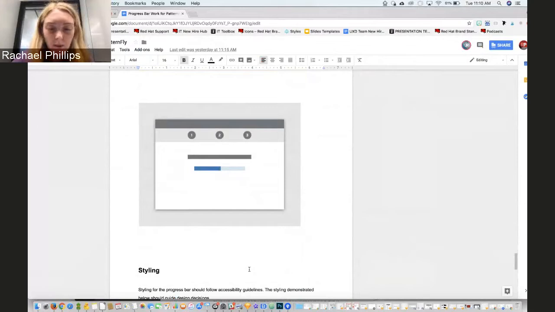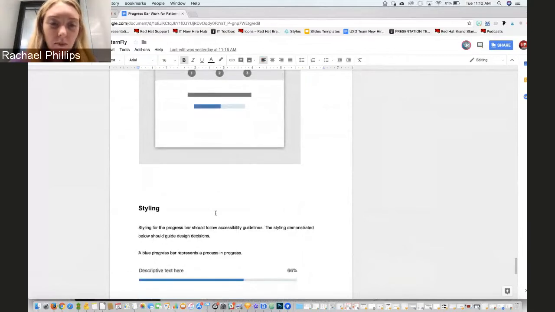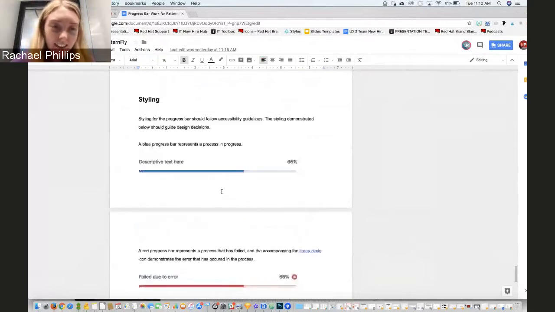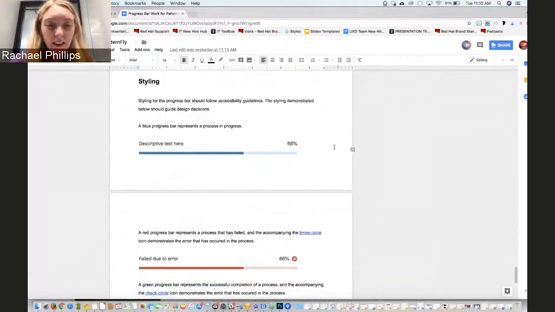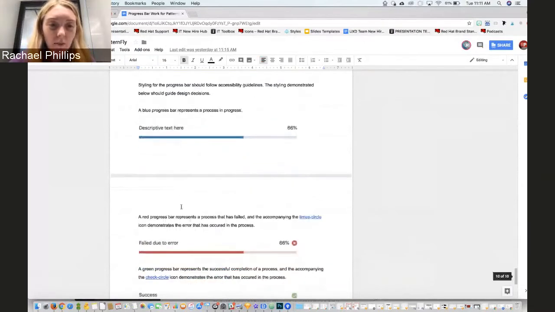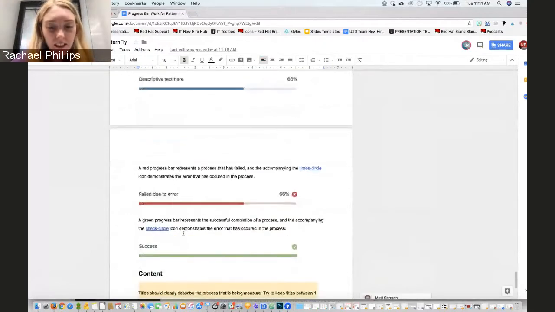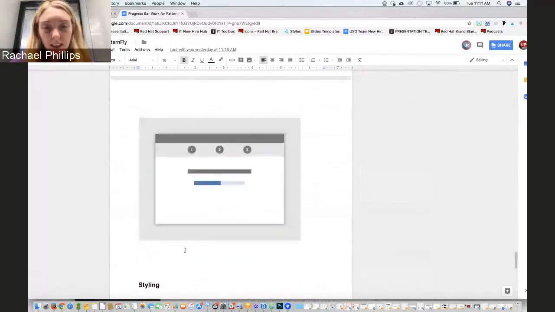And to show you a little bit about how this exists in contrast with a more high fidelity view of the component, whereas you could show the low fidelity view in context as where to place that component. When you start talking about styling or other topics that are really pertinent to that high fidelity view, you can see here in styling, I've started to pull in that Progress Bar as it would exist in your high fidelity design work. I'm more than happy to answer any questions about this,